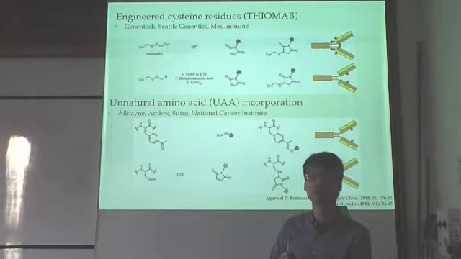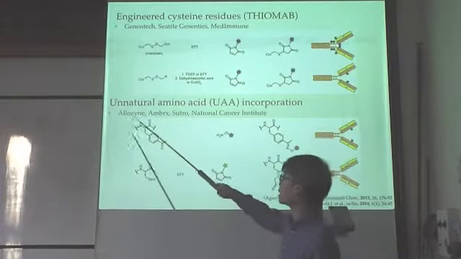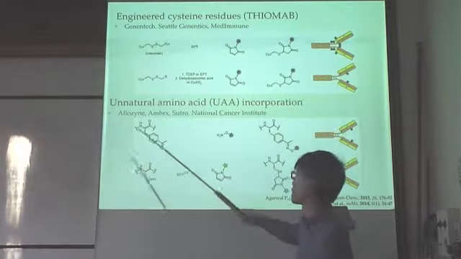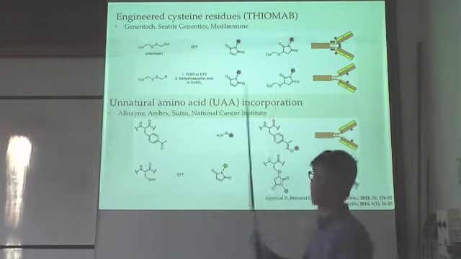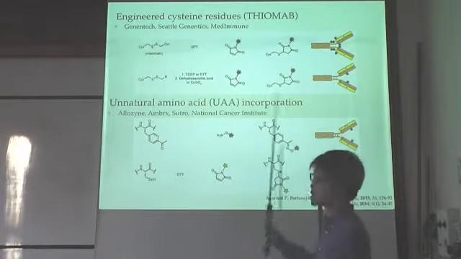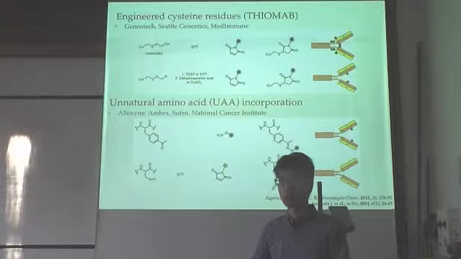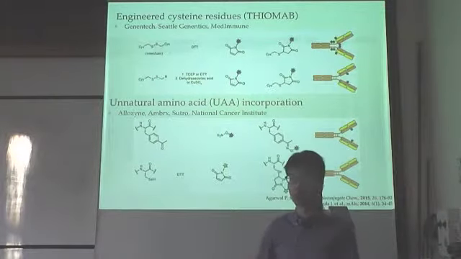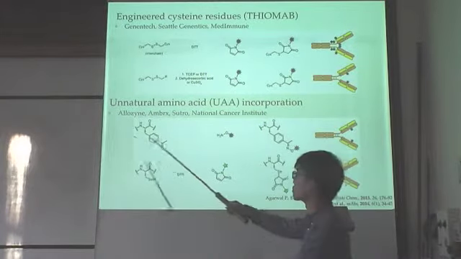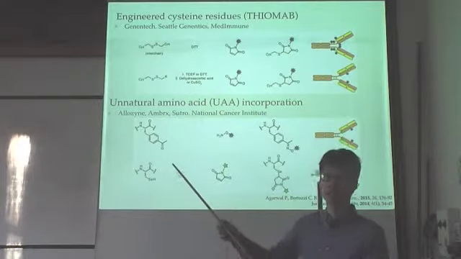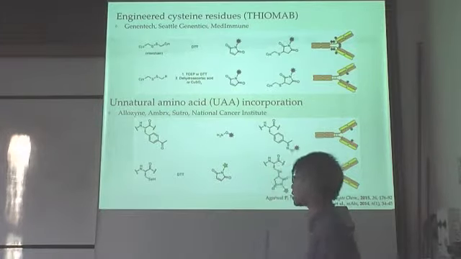Is that technique mature enough to let people do this kind of work? Yes, so this technique has actually been done by a lot of biotech companies already, startup biotech companies such as Allozyne and Brix. And the National Cancer Institute in America also uses this technique to investigate antibody drug conjugates. But I have to stress that there are currently only 3 antibody drug conjugates out in the market, and they are all done via unselective conjugation. So if people can discover a way to mass produce this sort of technique, then I think it would be a huge potential within the industry. But it can be done. It can be done.